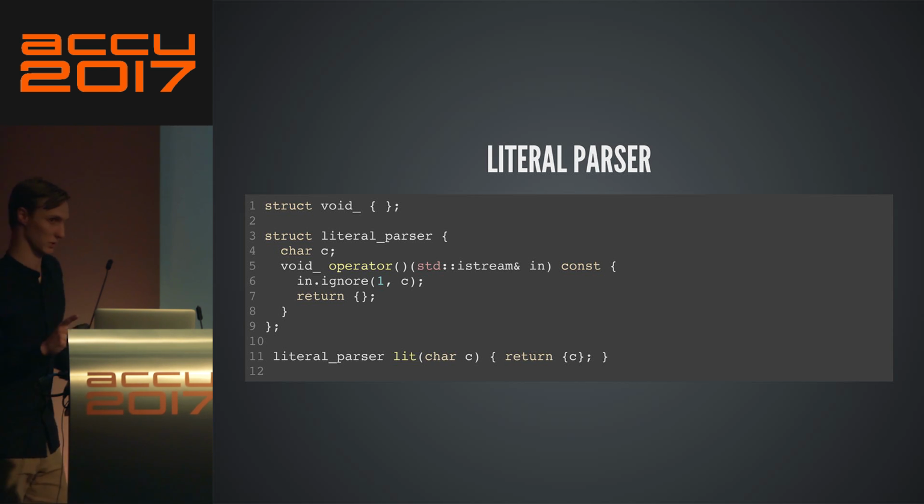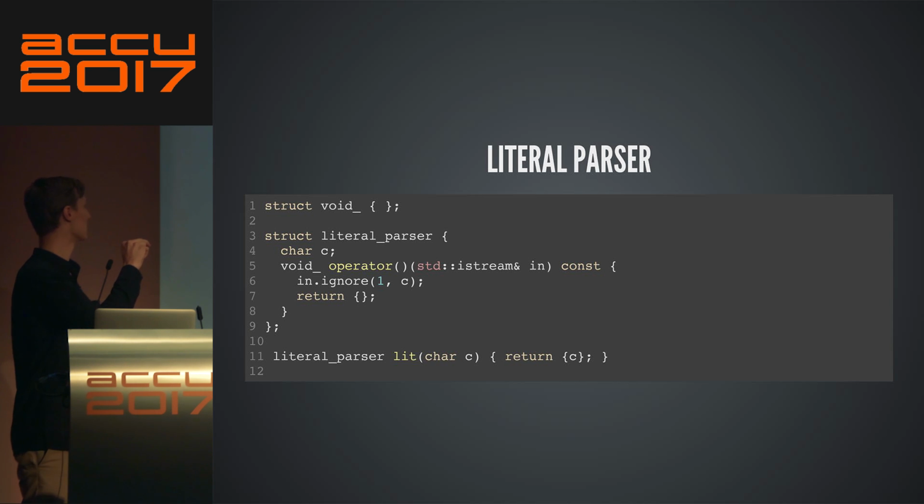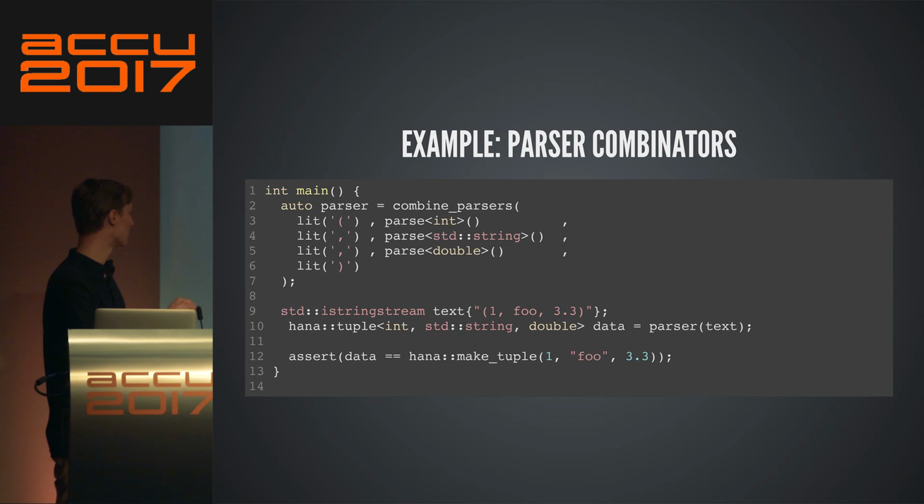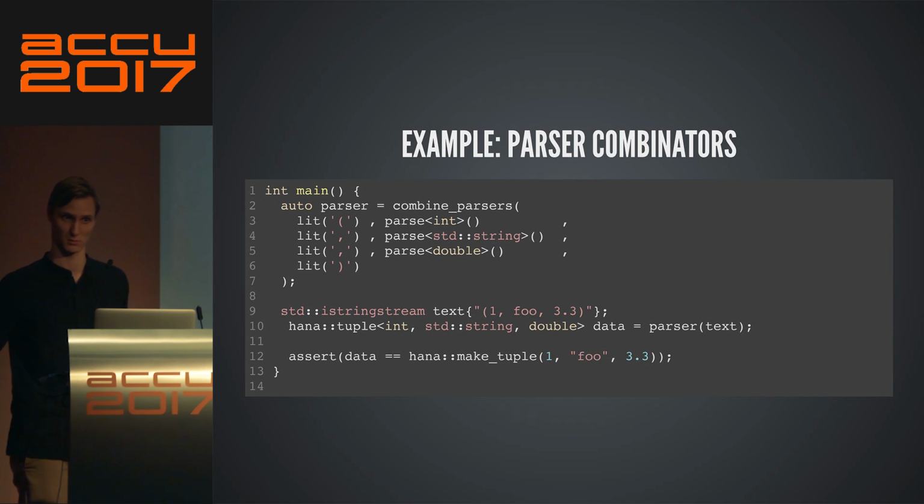This thing is a little bit more special, though. What it does is it just ignores one character, one literal. But you don't want to return the value of the character that you parsed, because you don't care. You just wanted to make sure that it was there. So you don't have anything to return. In other words, you don't want this tuple to include the result of these parsers, which are there, but you don't want them to return anything that contributes to your result set.